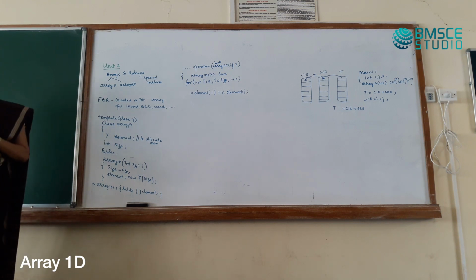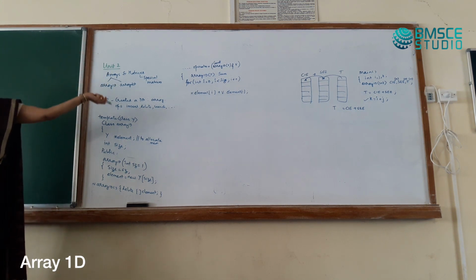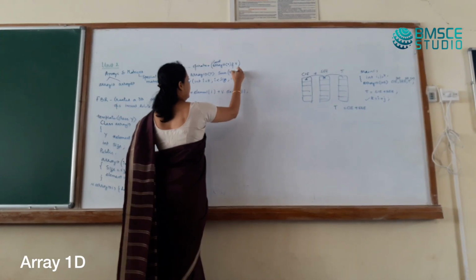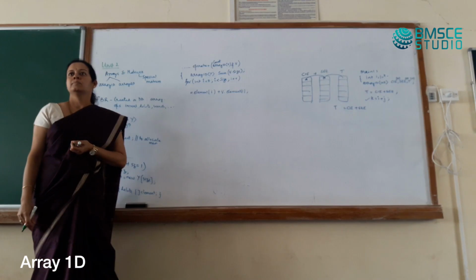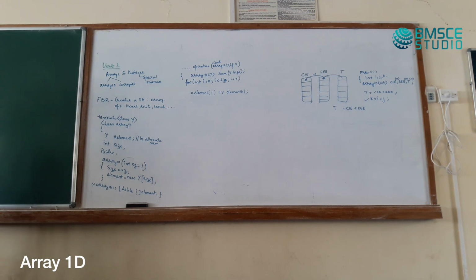So Sum of 10. How do I know it is 10? If I make it 10, then it will work only for this size. Sum of size. How will I know size? So sum of v dot size I can do, or size I can do. Yeah, size is private, so you can't do that. Where are we now? Where are we outside the class? Operator overloading function is never outside the class. If you write a friend, then it is outside. Not now.